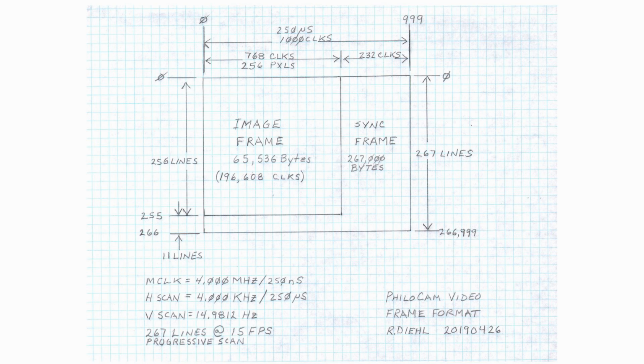Alright, so what I've done is I've moved the image memory chip from being run in parallel with the sync memory chip and put the video memory chip on its own address counter. In fact, it's a 16-bit counter which will count to 65,536. It operates in bursts. It runs for the first 768 clocks of each 1,000 clock scan line,